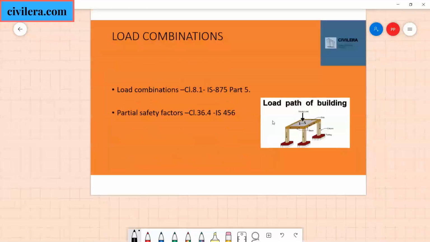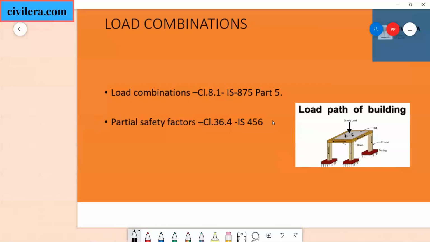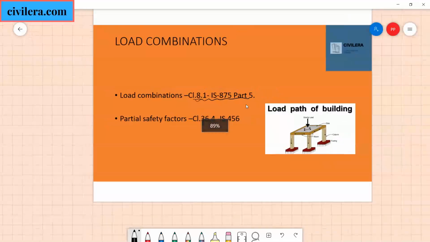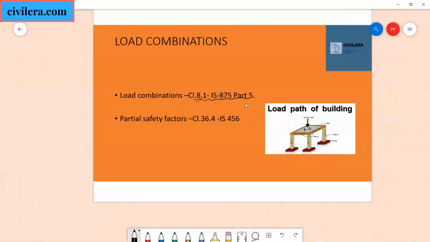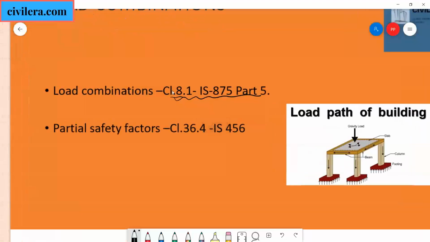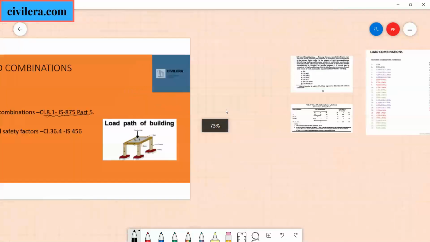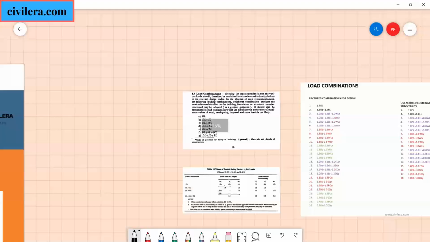So for those who are completely new to all these load calculations, let me tell you that the load combinations are coming from this particular code and this particular clause. So clause 8.1 in IS 875 part 5 is the basis of load combinations. You will find some of this in IS 456 also, but the basic code from which the combinations are coming is clause 8.1, IS 875 part 5. I have kept a clipping of that clause here, you can see that. So this is where that particular